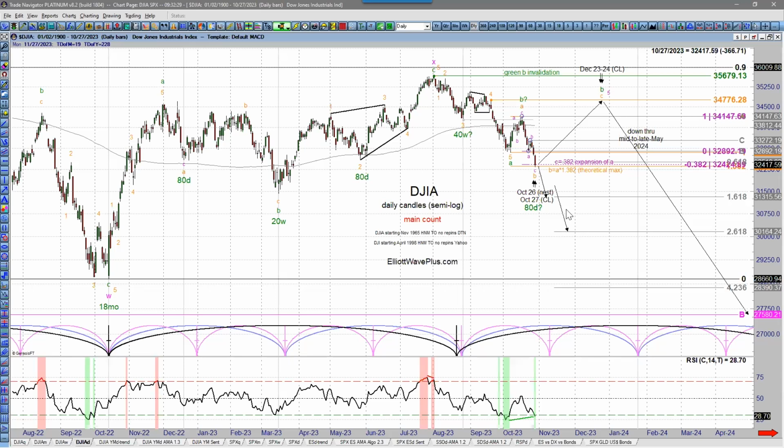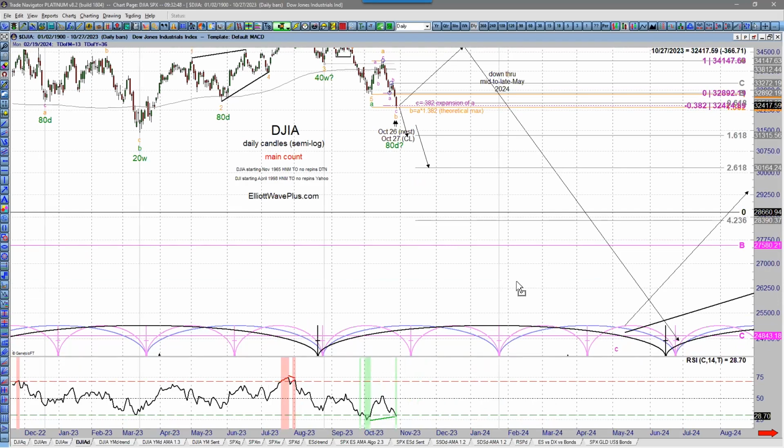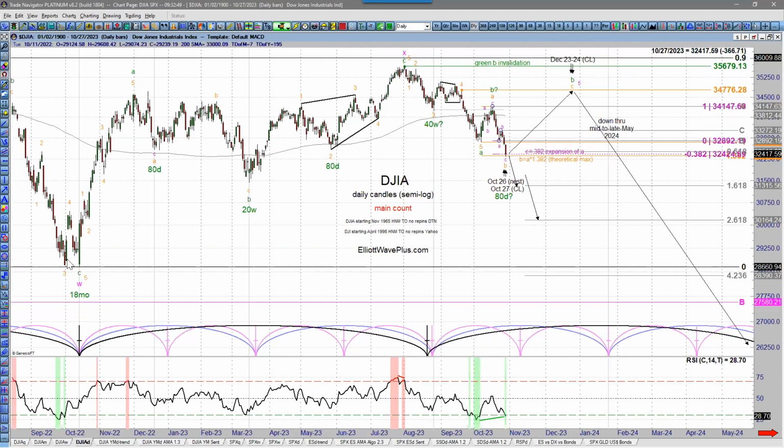And here's the problem with that. That wouldn't be anywhere close to low enough. So what I'm expecting is a massive move to the downside to below the October low, not just an ABC here, or I guess that could be a 1, 2, 3, 4, 5 for an A further down. Anyway,